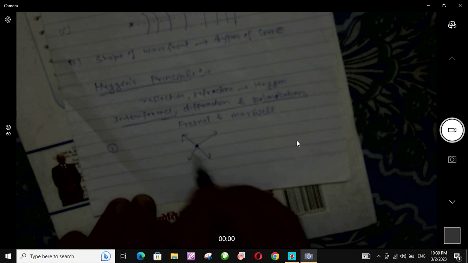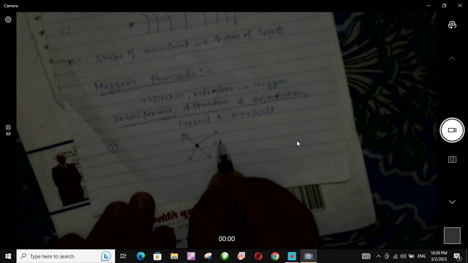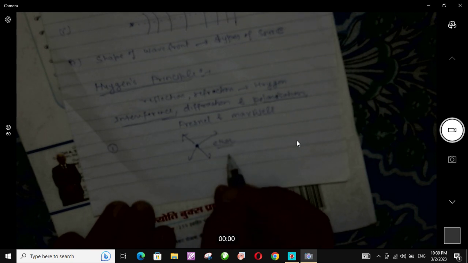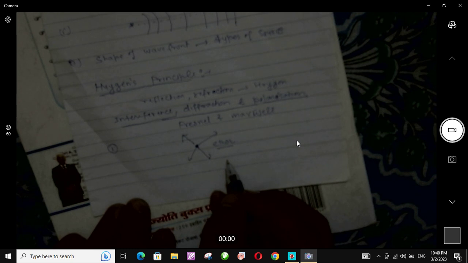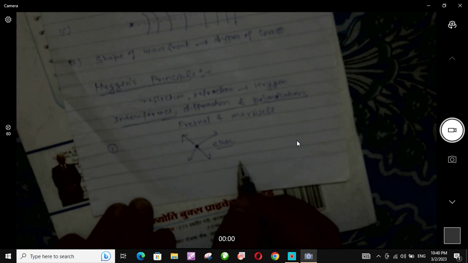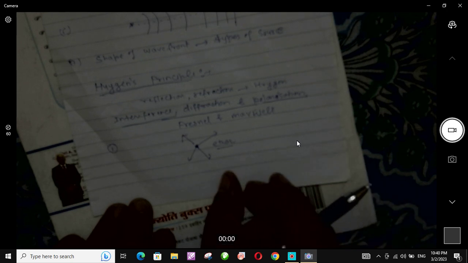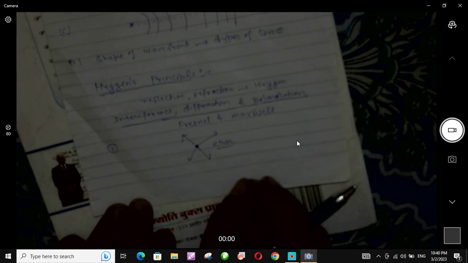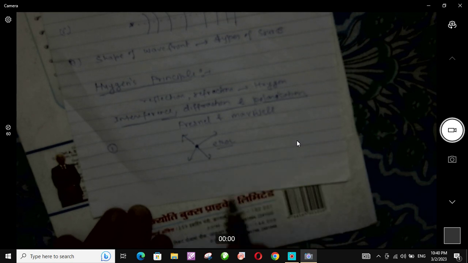And this light, which is emitted by the point source, travels through some medium, that is the ether. Again I am saying that the idea of ether was later on rejected by Michelson and Morley. So Huygens said the same thing which Newton had said earlier, that there exists some medium that is ether. So this was his theory's first point,